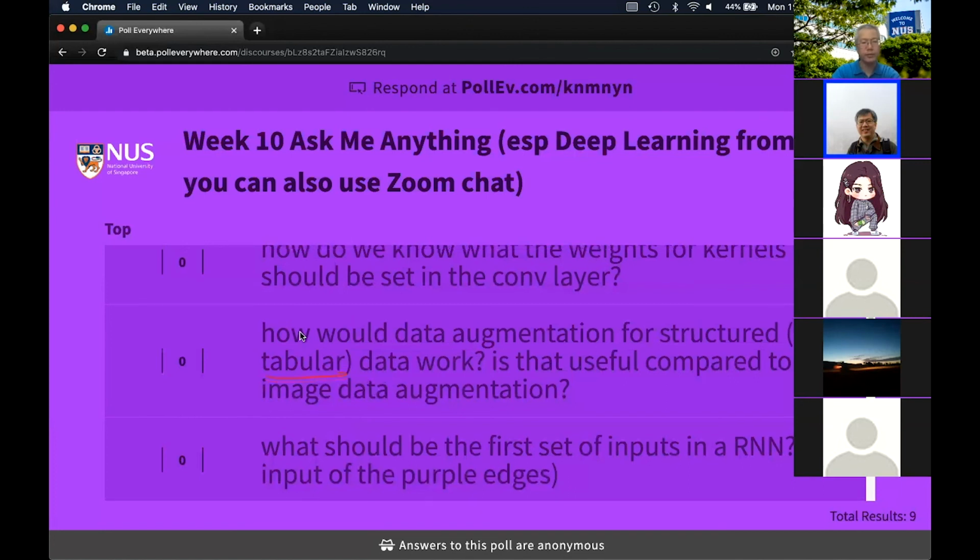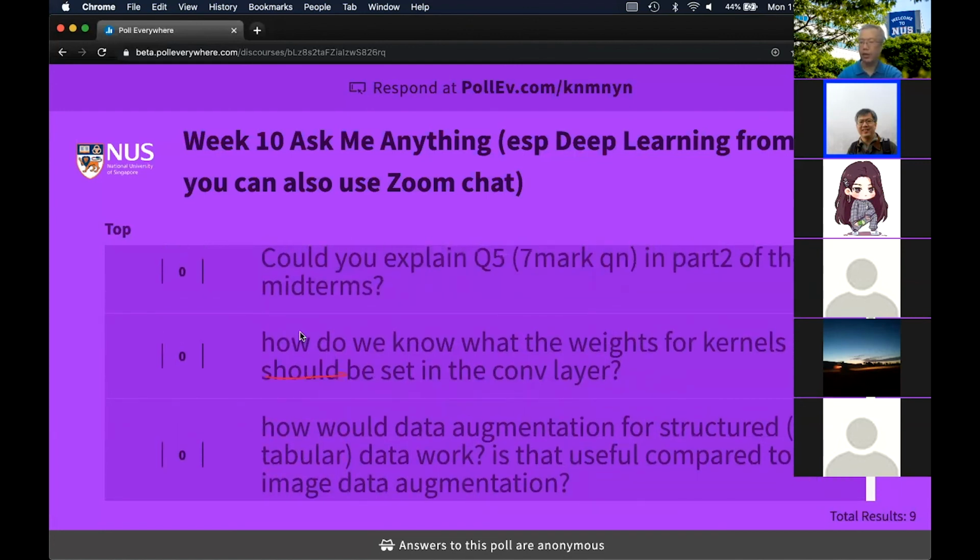Okay. How do we know what the weights for kernels should be set in the conv layer? Okay. The important thing is we don't. We let the neural network learn. You remember in the lecture where we were talking about